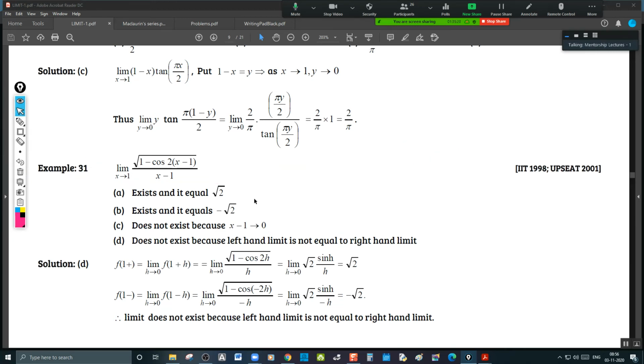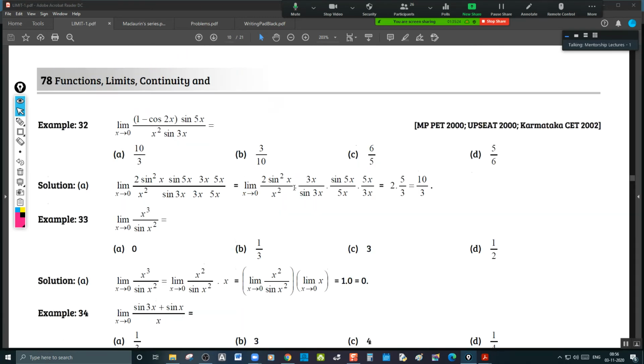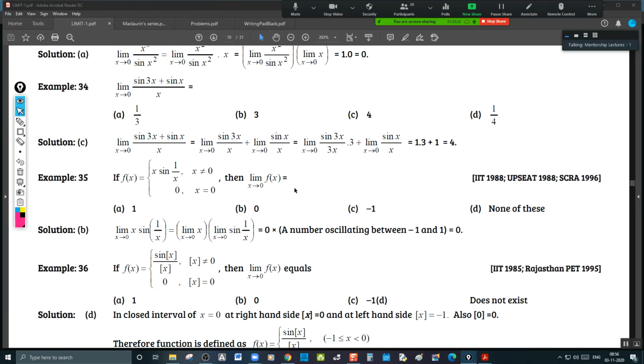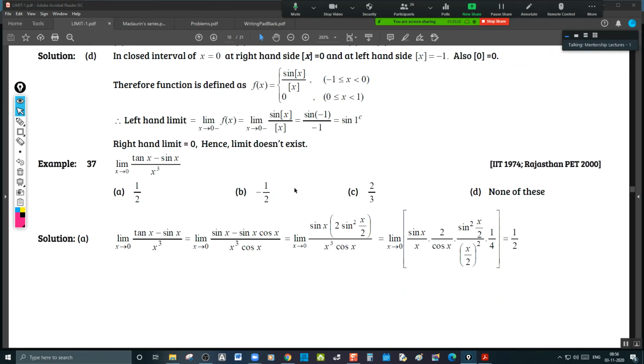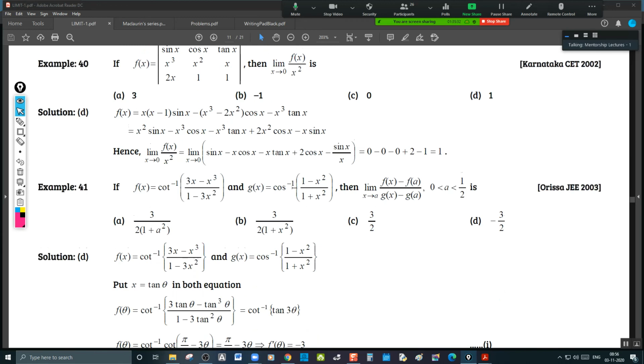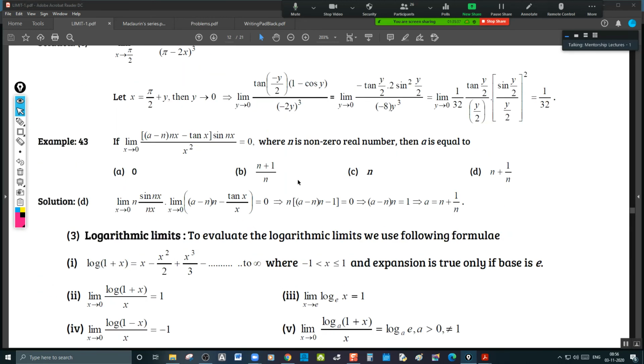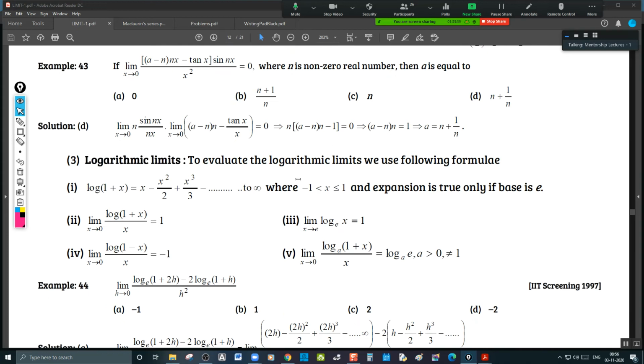So in ground realities, you must be careful, even though you are learning the concepts. In ground reality, whenever you are working out problems, you must get that idea of applying these concepts without forgetting them. Now, logarithmic limits, log of 1 plus x. Just now I said how to write